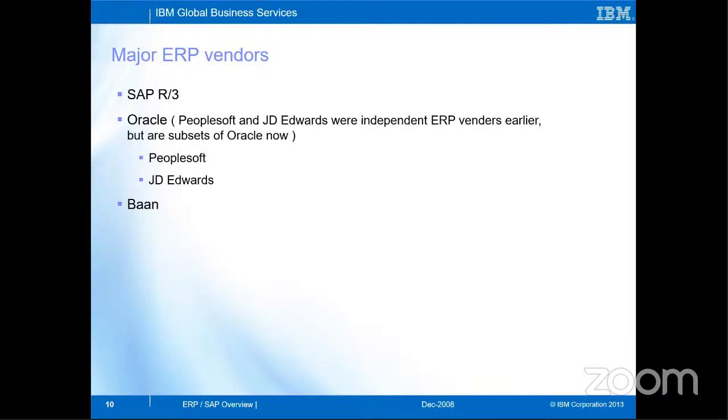Here we are not talking about Zoho or Salesforce, because they are not just ERP products. They are targeted towards specific modules of ERP, like CRM or SRM. SRM is supplier relationship management, and CRM is customer relationship management. They target a certain aspect of ERP. But Oracle and Baan are among the biggest ERP vendors that give end-to-end solutions.